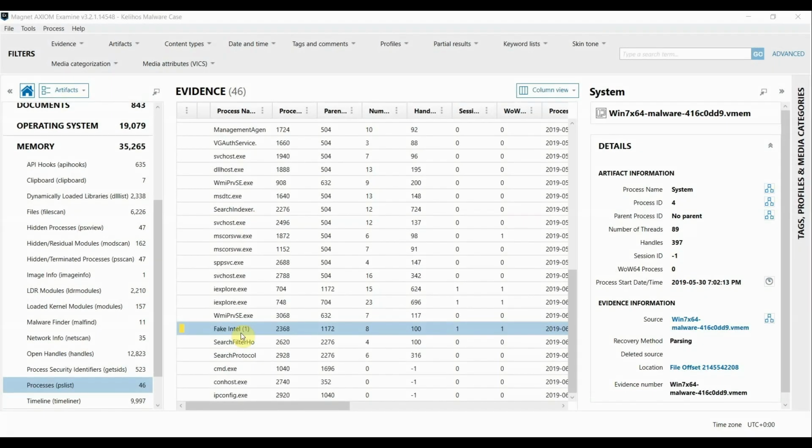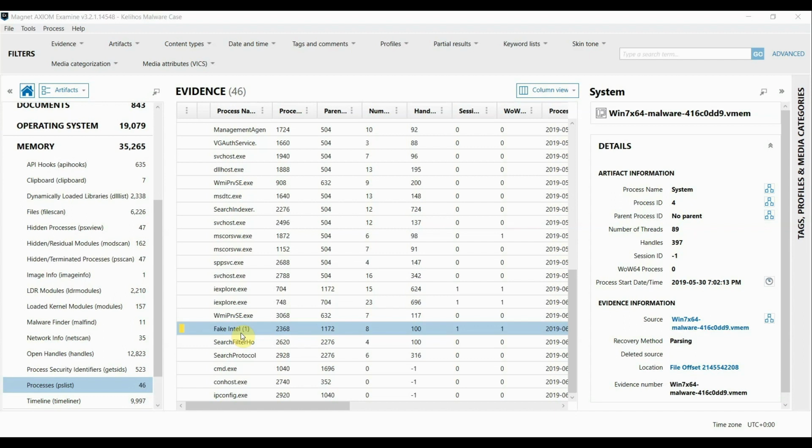Today I'm going to give a little insight into how AXIOM can help with some of your day-to-day investigations. In this video, we're going to talk a little bit about malware investigations. There is a part 1 to this segment in which I focus on reviewing memory as part of a malware investigation in AXIOM, so if you haven't seen that yet, I encourage you to go check it out. This video will focus on additional key features that AXIOM has to offer that could also be useful in a